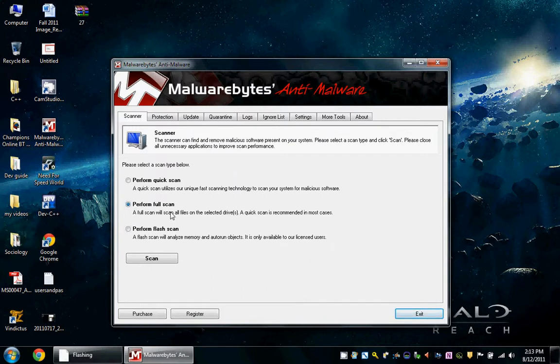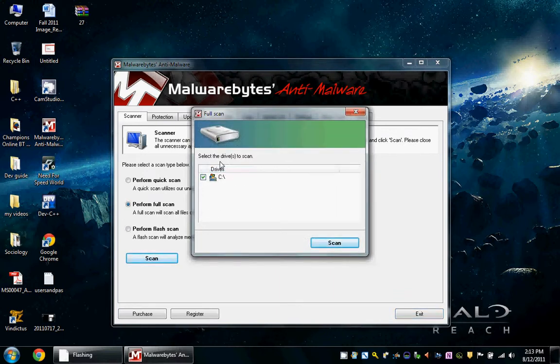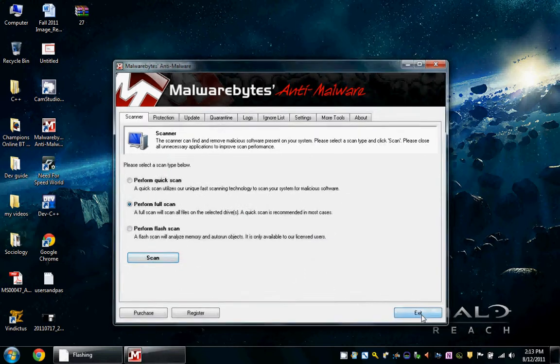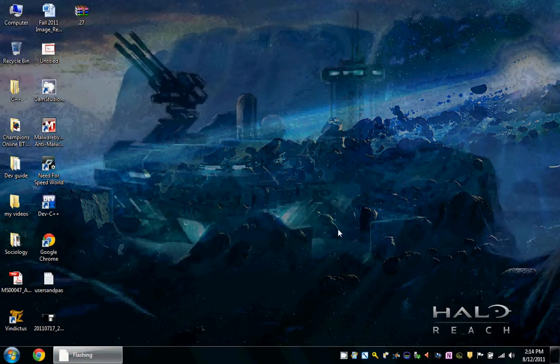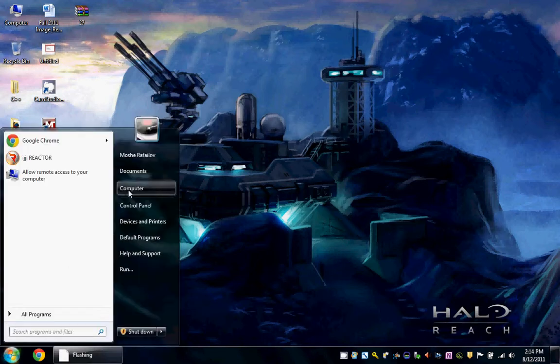Now, after you perform the full system scan, click the scan now button. Select the drives you want to scan and click the scan button. I did that not too long ago, so I don't need to do that. After you're done with your scan, go ahead and exit out of that. Well, first of all, get rid of all your malwares that it has found. And after that, the second thing I'm going to show you is